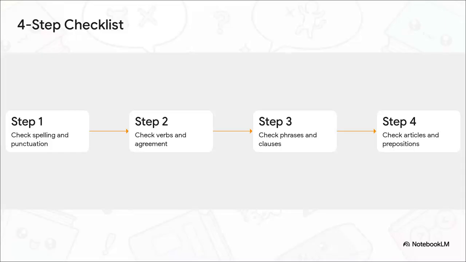Ready? Step 1, check your spelling and punctuation. Step 2, check your verbs and their agreement. Step 3, check your phrases and clauses. And step 4, check those tiny articles and prepositions. If you can just leave 5 minutes at the end of your exam to purposefully run your answers through this exact 4-step filter, you are actively dodging the absolute most common traps that lower candidates